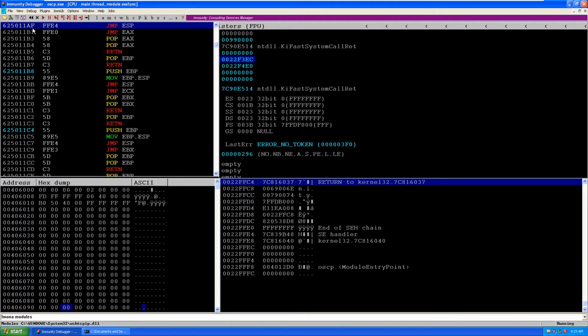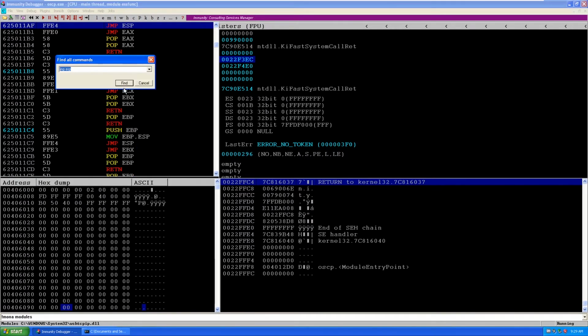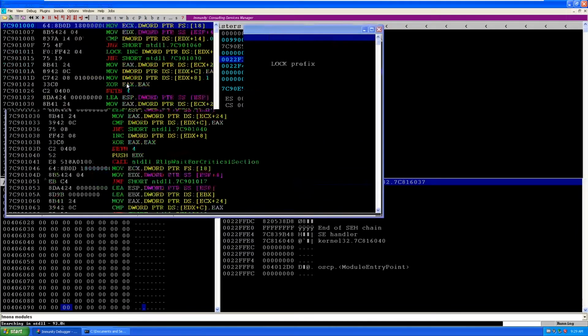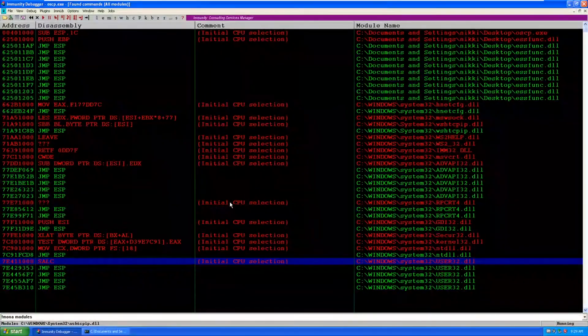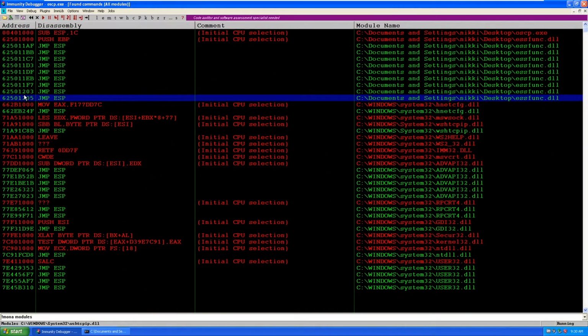You can copy it to Notepad and compare it with the bad characters. You can also search for the command in all modules, jmp esp, and it will show you every jmp esp instruction in all the modules. On the left side column you can see the address values, and you can directly check them with Notepad, I mean pasting the bad characters in Notepad and checking against these addresses.